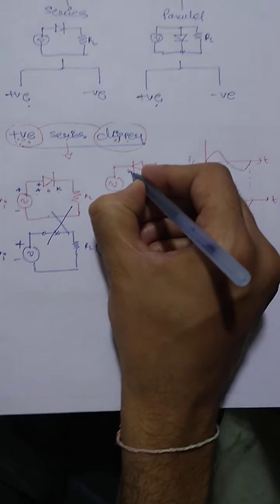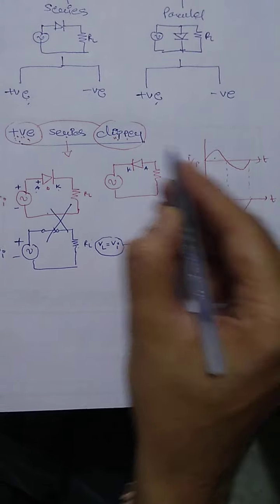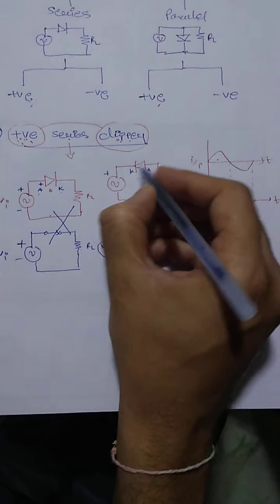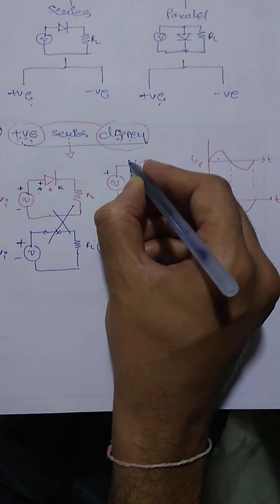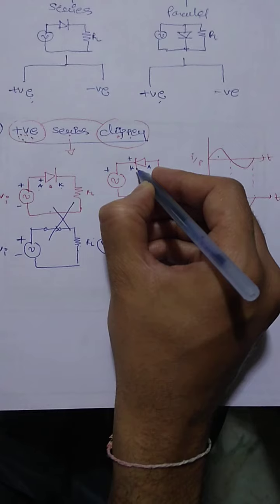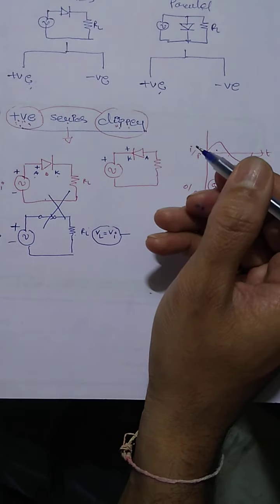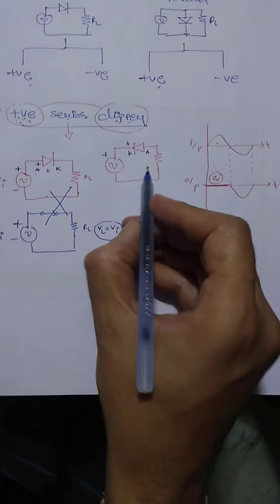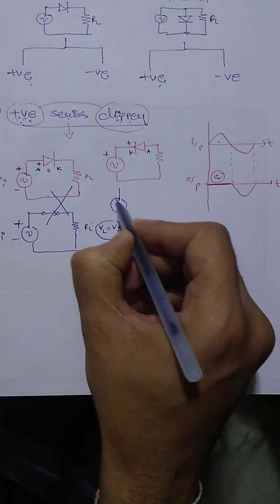So anode and cathode. First of all, apply the positive cycle. So the positive part over here. When positive voltage is applied at the cathode compared to the anode, definitely the diode is in the reverse bias case. Hence the diode is off. So the circuit diagram behaves